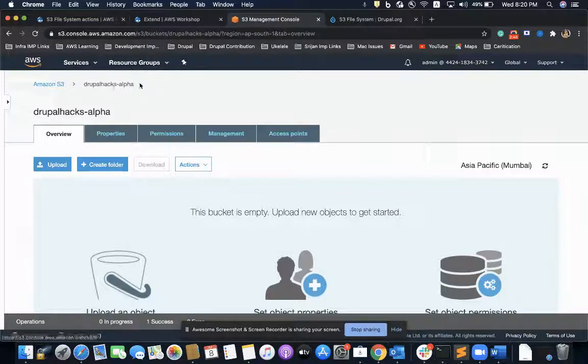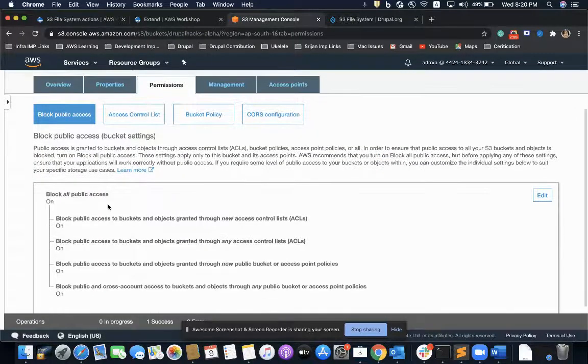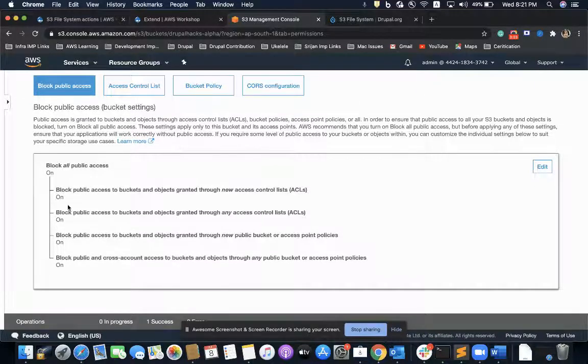At S3 level, what we need is a bucket, which I have created for this demo called Drupal Hacks Alpha. Whenever we create a bucket, the default access is that it is not publicly accessible, and we can see it is blocked from here.